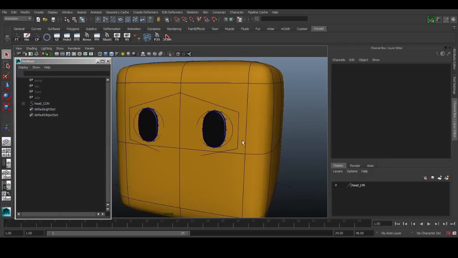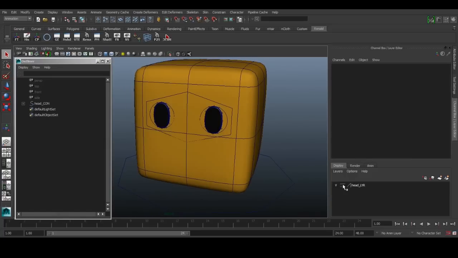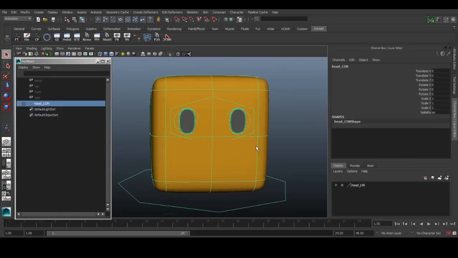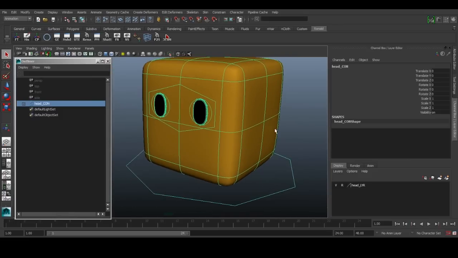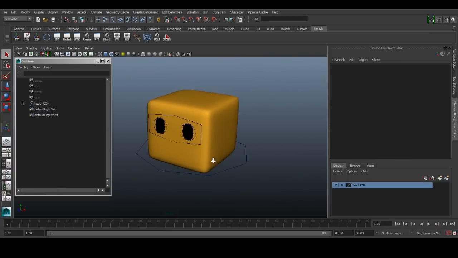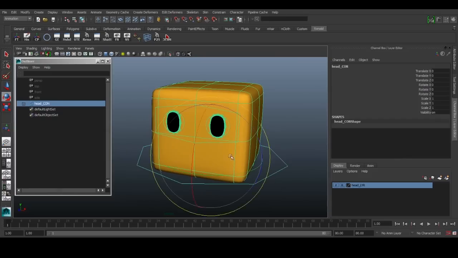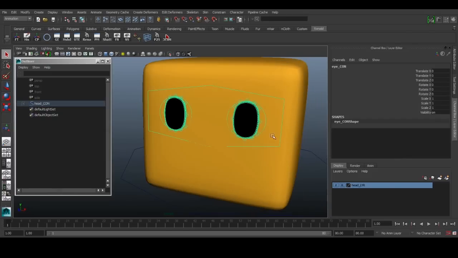So we have gotten this eye rig from scratch, and we can do some test animation with this, and there we have it. So now what I can do is some little test animation to show you guys how this rig can be used. But for the animation demonstration, I think I'll leave it for the next video, because this video has been running for a while now. So you guys can just click over to the next video to watch the animation process.